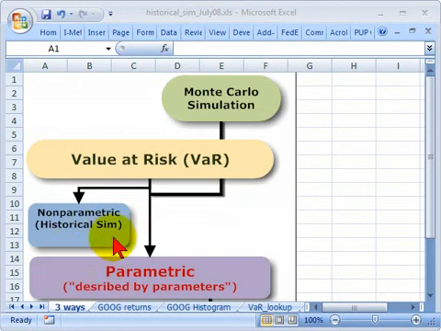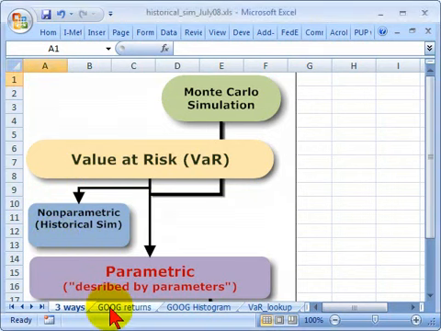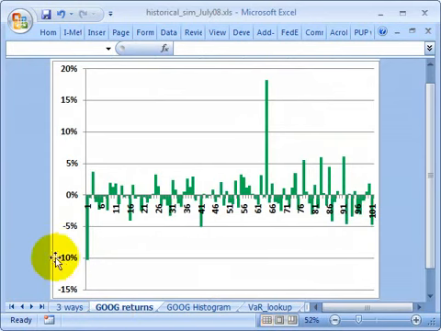Today I'd like to illustrate a simple application of the non-parametric approach to estimating value at risk. We could also call this historical simulation, and I think you'll see why. To do this, I'm going to use Google's price returns for the last 100 days. So I just now went to Yahoo Finance and pulled Google's stock price for the last 100 days, but I'm